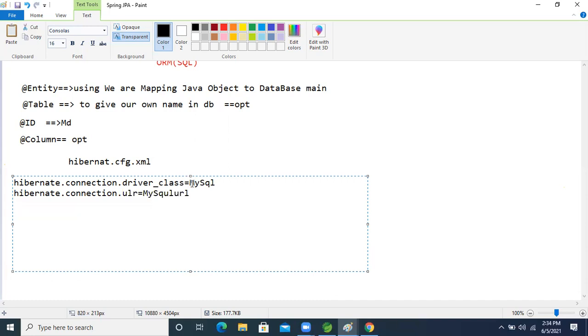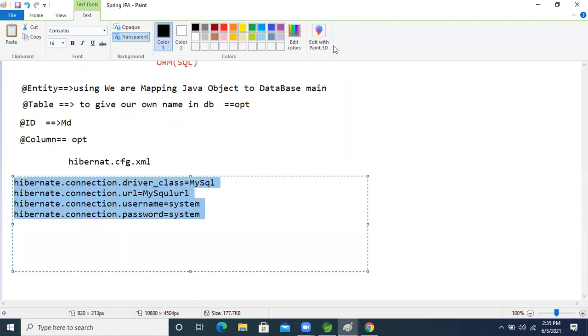After that, hibernate.connection.username, and the username I'm just giving as system. Then the password, I'm giving system as well. These are the database properties.